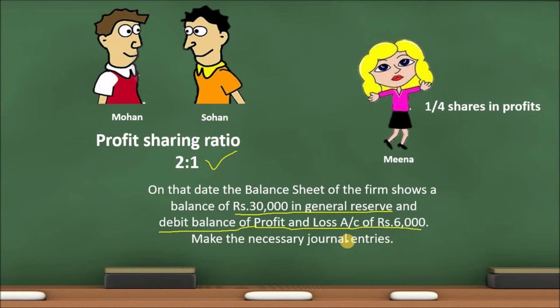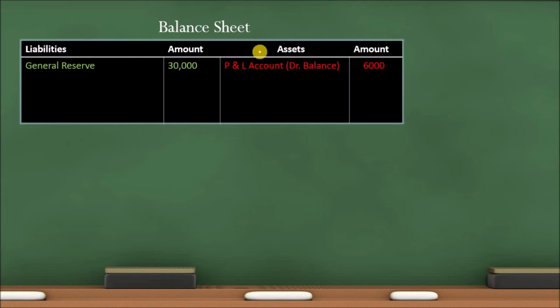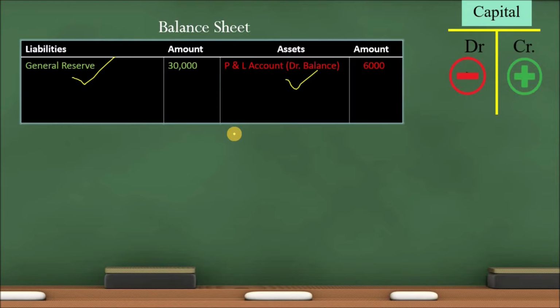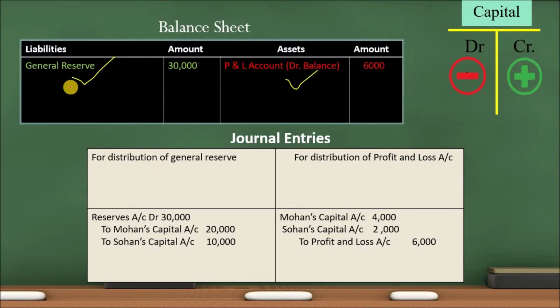So now we'll pass the journal entries for this. I have depicted here, this is your P&L account debit balance, accumulated loss shown on asset side, and general reserve is your accumulated profit shown on the liability side. So we have to keep this rule of debit and credit related to capital account in mind, and please remember this accumulated loss will be debited and general reserve will be credited. For the journal entries for distribution of general reserve, partners capital account will be credited. So the two partners are Mohan